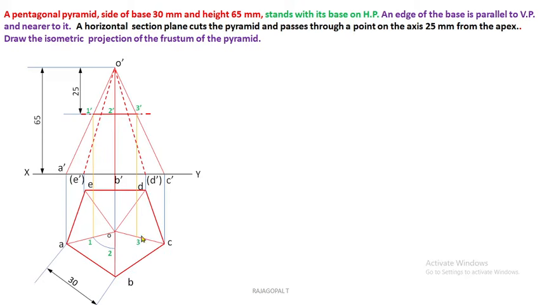Make it as 3. Similarly, we can complete for O dash D dash, it is 4 dash. So from 4 dash, we can extend the projector until it touches OD. It is point number 4. And 5 dash is on O dash E dash, so you can extend the projector to the corresponding slant edge in the top view, which is OE. So this is our OE, and you can extend the projector from 5 dash. Now it is 5.